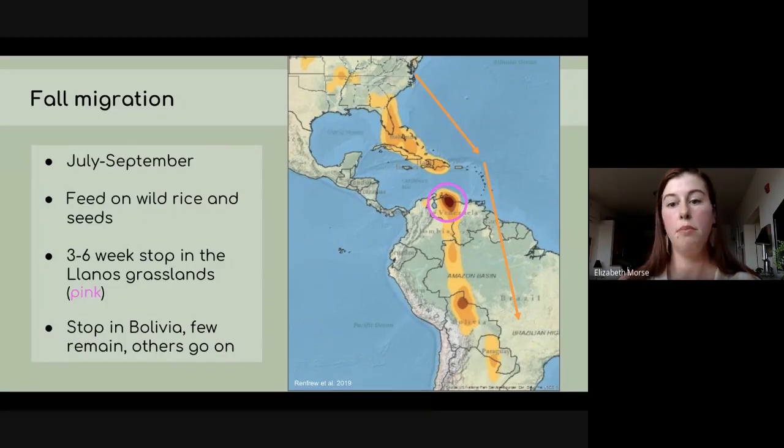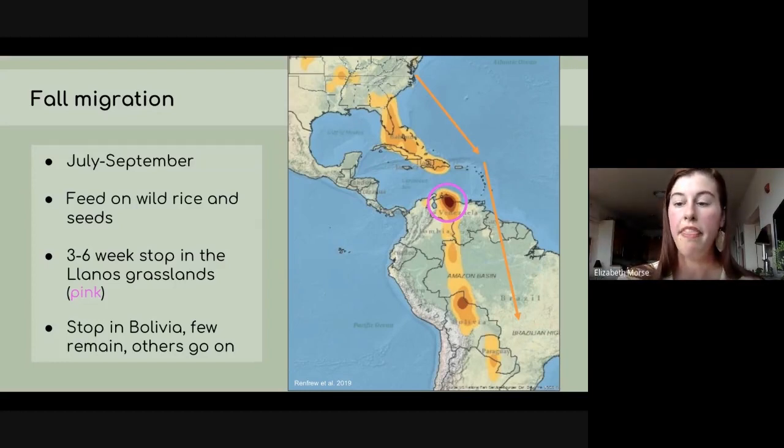As they begin their migration, they are transitioning from a diet during the breeding season that was predominantly made up of insects and invertebrates, to a diet that's primarily made up of seed, rice, the crops that Kevin mentioned. They stop off for about 3 to 6 weeks in a region known as the Llanos grasslands in Venezuela. Then they stop again in Bolivia, and then most of them continue on